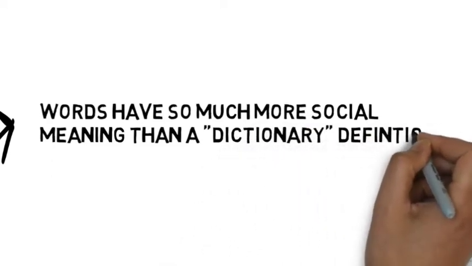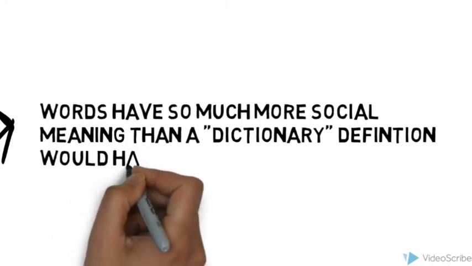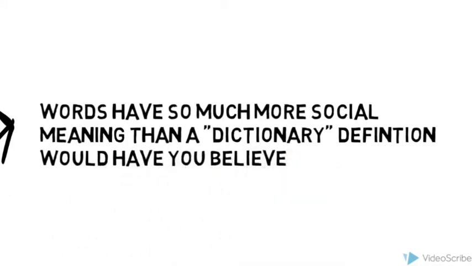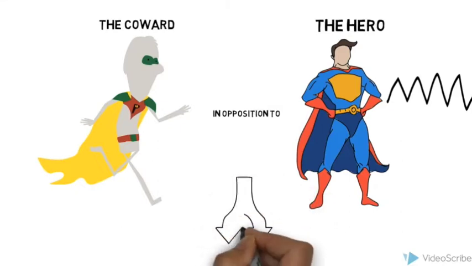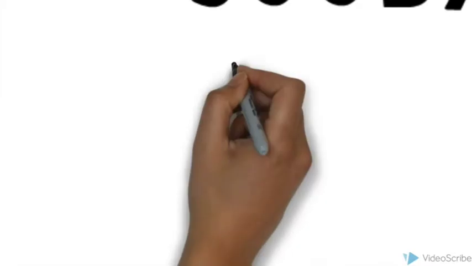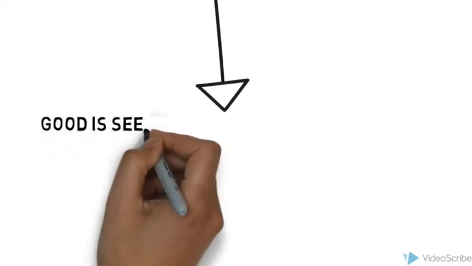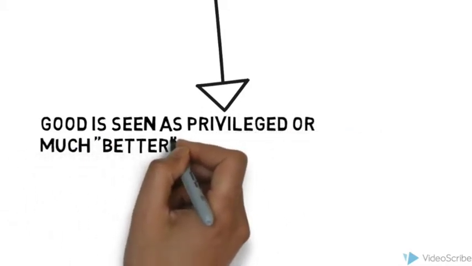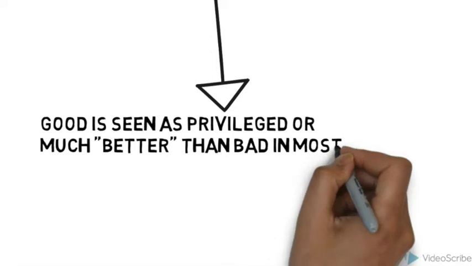We can see this example of the coward versus the hero in many comics and the rise of the superhero movie today, as in order to truly understand how cowardly and awful the villain is, they are held up against the brave and heroic protagonist, so that we as viewers are positioned to see the villain as bad and the hero as good. This of course brings us to the oldest and most commonly used binary opposition of good versus bad.